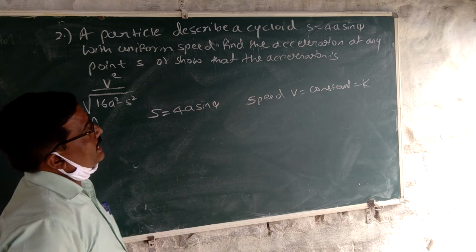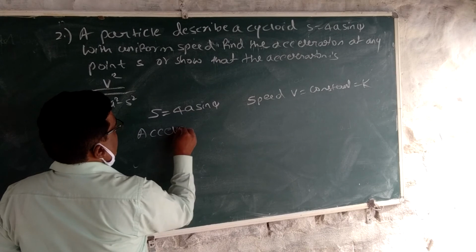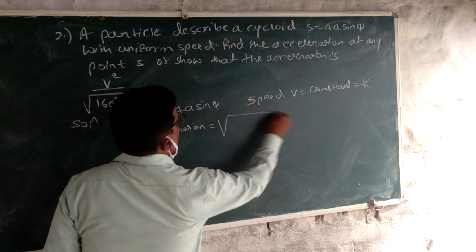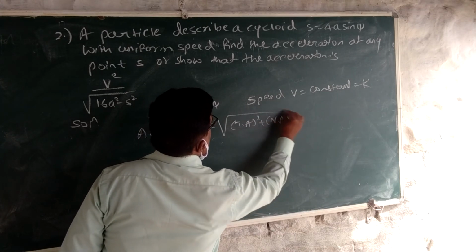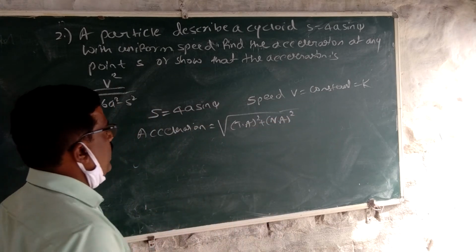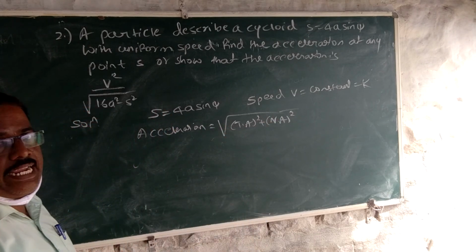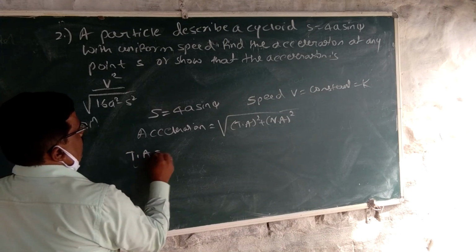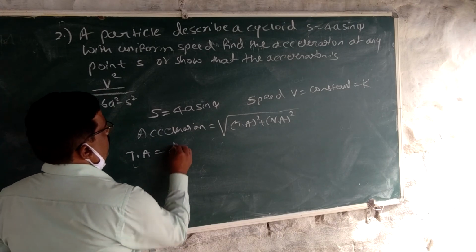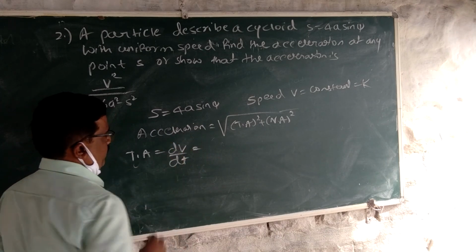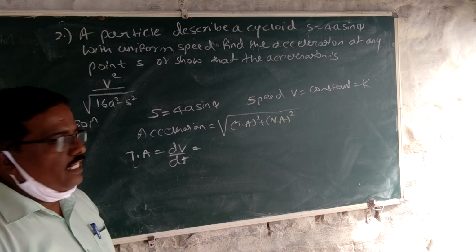Next, what we have to show is the acceleration at any point. The formula for acceleration is the square root of TA square plus NA square. So now we find TA and NA. What is tangential acceleration? Tangential acceleration is dv by dt. Now v is